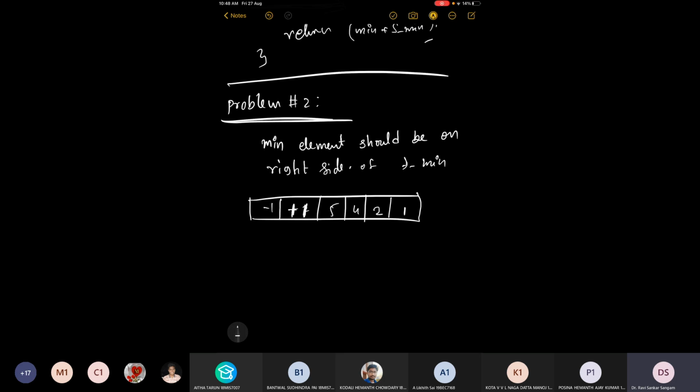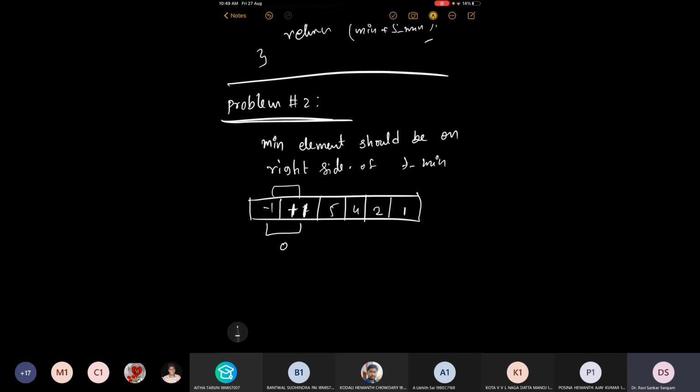As per our previous problem, minimum pair sum is 0. But now it is not meeting the second criteria, that minimum element should be on right side of second minimum. But here it's completely on the opposite side.